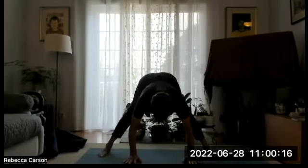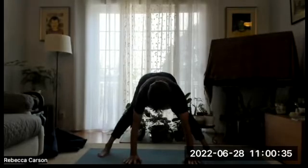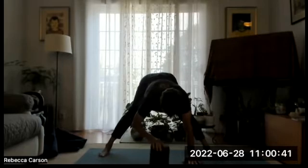And exhale, fold again. So in this fold, really draw the kneecaps up, engaging the upper legs as you press the back of the legs away. Engage your quads. Inhale. And then we'll go one more time, and maybe you have the ability to bring your head down to